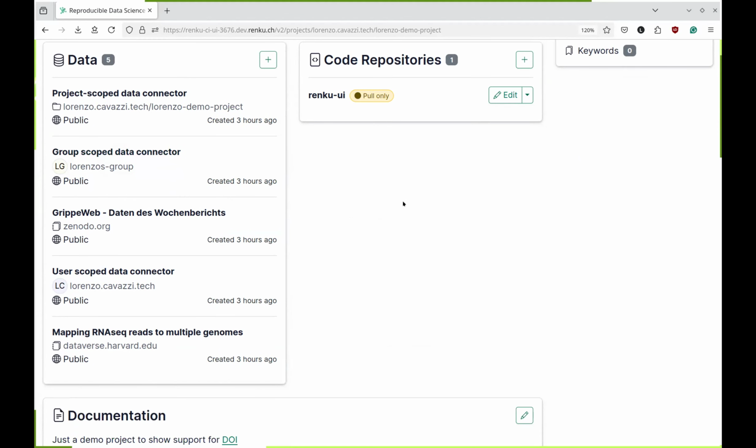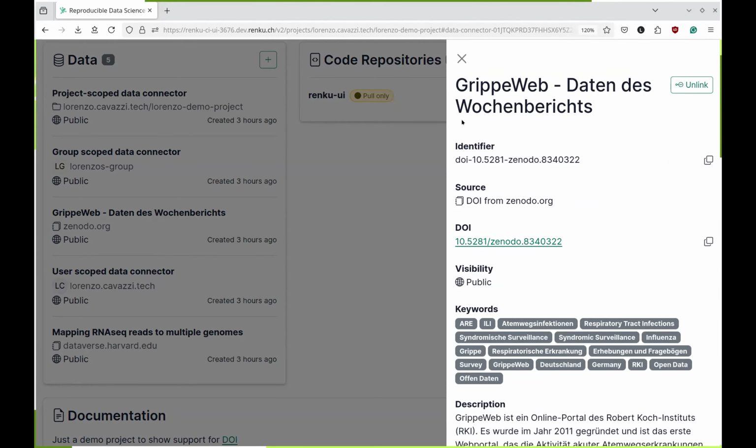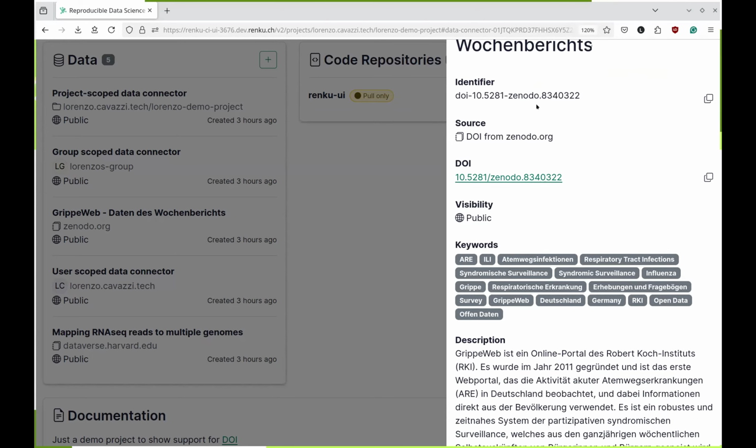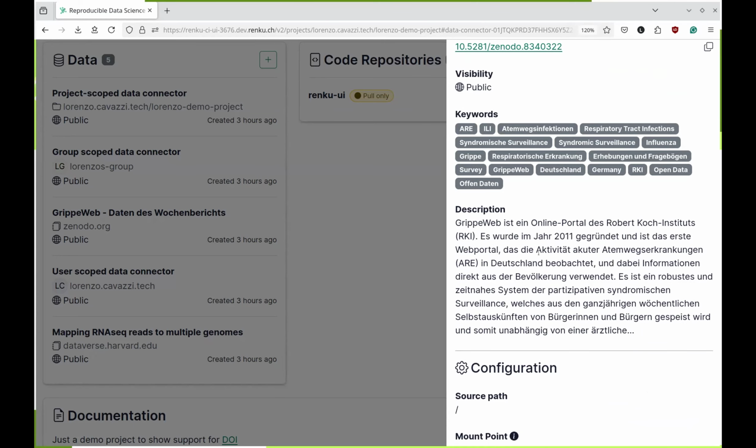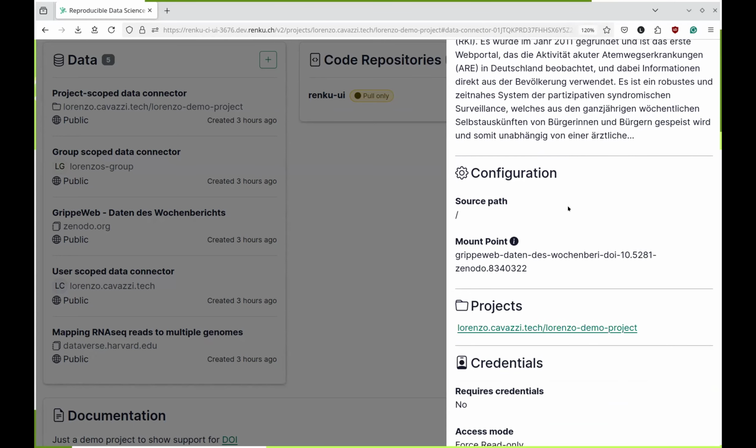On a practical level, here is an example. We imported already something. You cannot edit this DOI. Once you import it, we automatically get the name. We get a bunch of other metadata, most notably the keywords and the description. And something that might be a little annoying for the user is that we automatically set the mount point based on the name of the data set and the DOI. This will